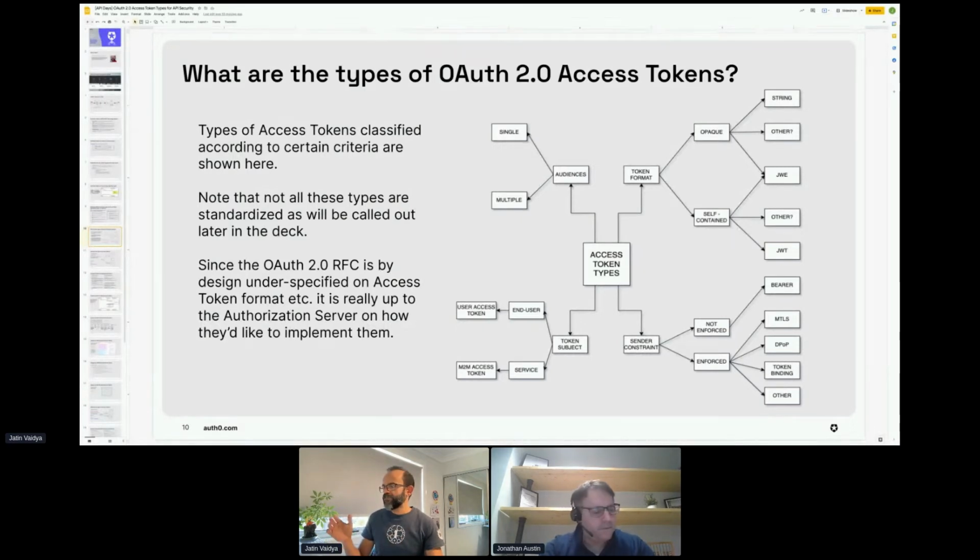Whereas if you enforce a sender constraint, then that means a particular token is bound to only a particular sender. Continuing with our example of currency notes, I can compare that with a traveler's check. If you find a traveler's check, it is highly possible that you may not be able to encash it, because in order to encash a traveler's check, there are a few items that are checked by the authorized party.